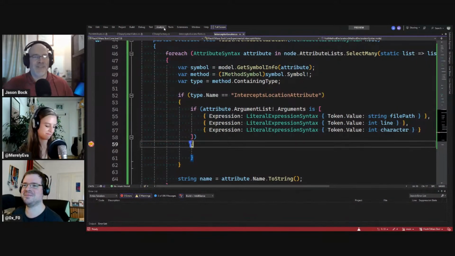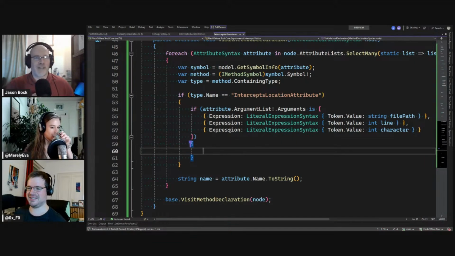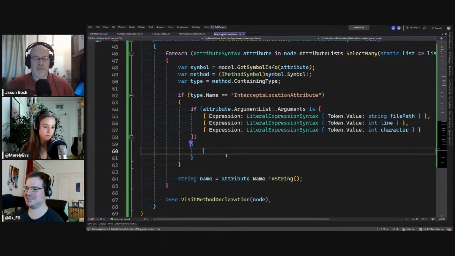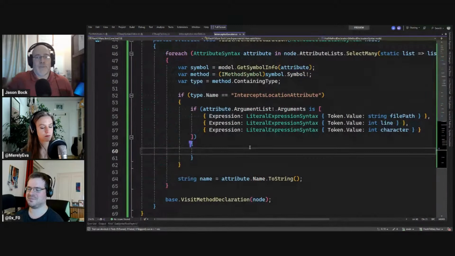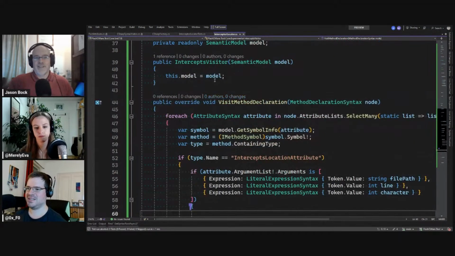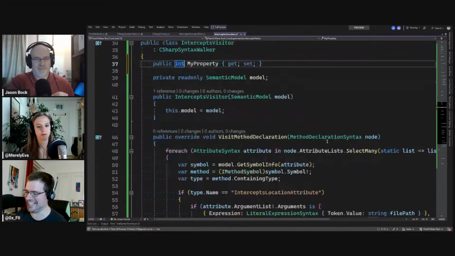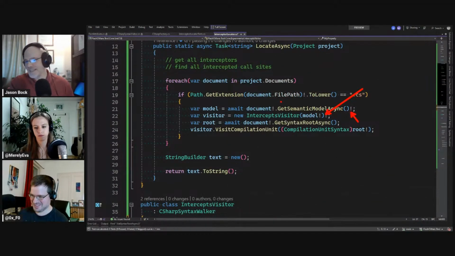Yeah, no, this is a cool one. I mean, it would take potentially a little bit of time just to look at it if you're not familiar with it. Even if you are, to go, what is that actually doing? But you're just basically saying, if the argument is an expression with literal expression syntax and the token value, then you'll have the 3 values that you want. Right? And yeah, this is probably a little bit fragile, but again, we're just experimenting, and I guess because of the exclamation marks that we have.